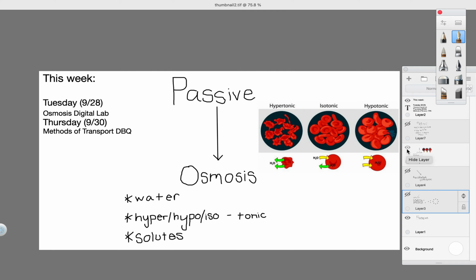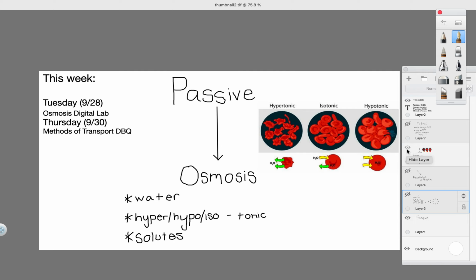So what I mean by that, and what I mean by a little bit of a different gradient, is with these solutes. The solutes are going to be something like a salt, for example, that would be dissolved into water, right? If I have a handful of salt and a handful of water, theoretically, the water and the salt are going to want to bind. And this is what shows us hypertonic,